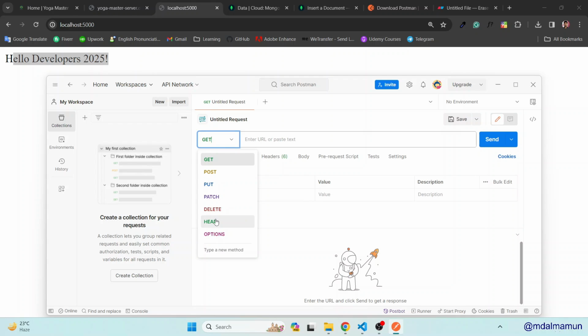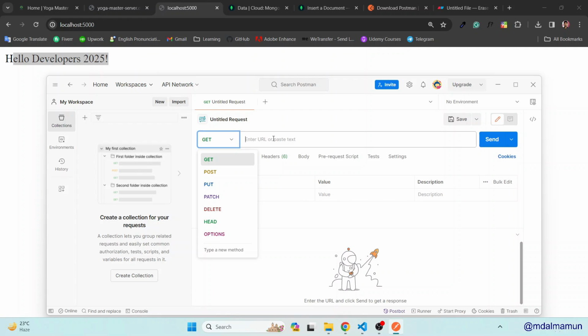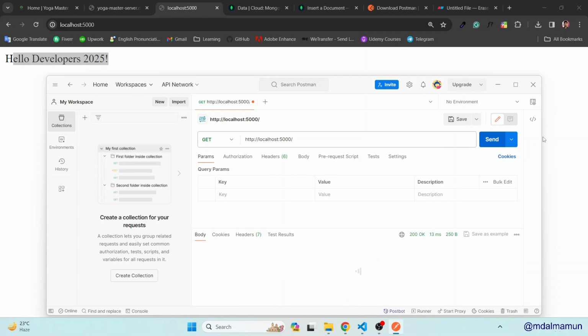Here you can see all of these requests: get request, post request, put request, patch request, delete request. All of these requests you can just do here. Let me show you. If I copy this localhost 5000 and define this port here, and it's a get request, and then if you just send this, here you can see hello developer